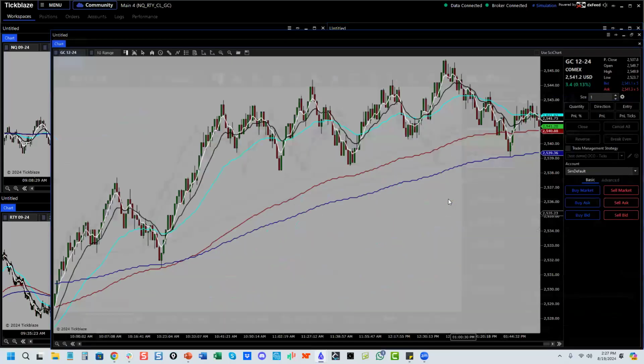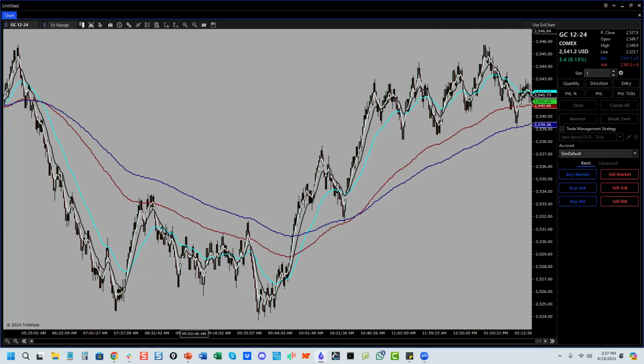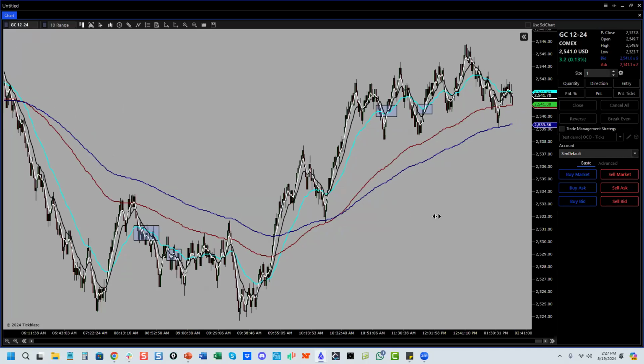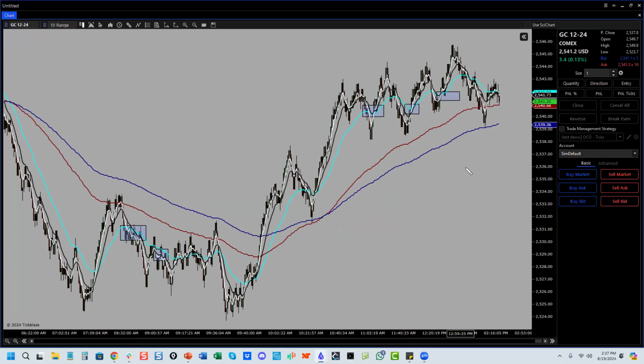If I look at gold, gold ripped to the upside. I'm going to show you here. I'm going to draw a couple things here. I'm going to drop this out. We're going to trade this live in the room here. So this is a trade right here, short. Okay, here's another trade here for a quick momentum scalp. Once transition happened, this was a micro scalp. This was a micro scalp trend trade. That was a trend trade, right? And this was another micro scalp right here. So there were 5 trades on gold today. Okay.